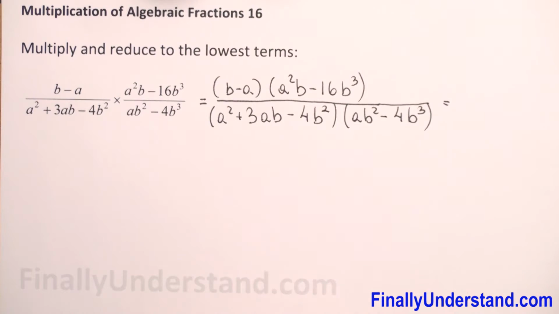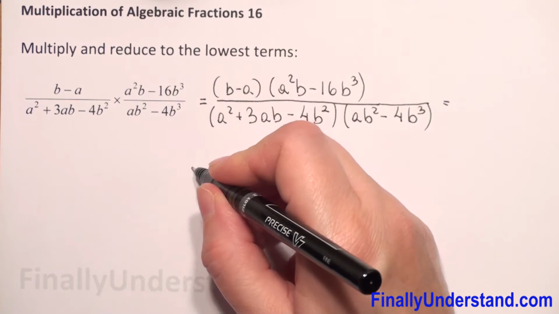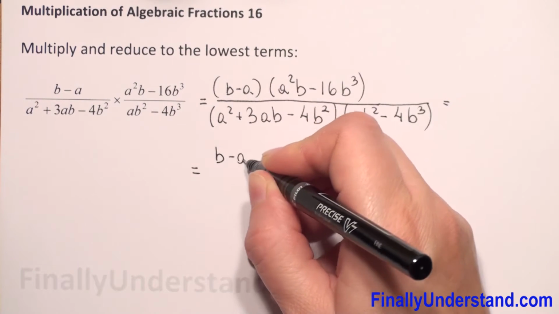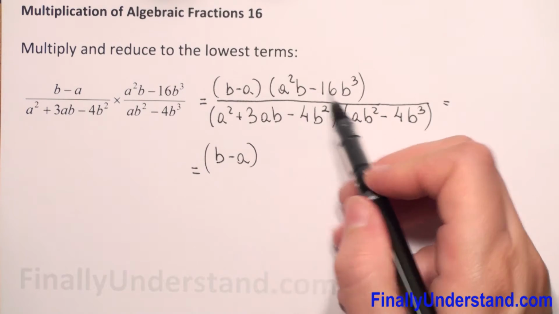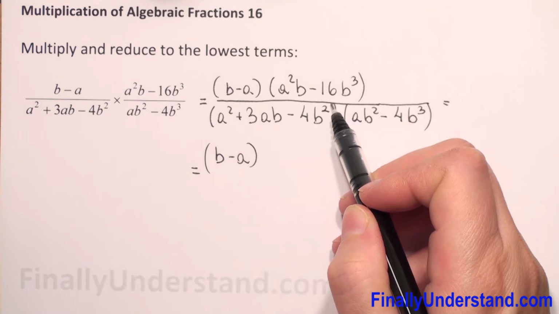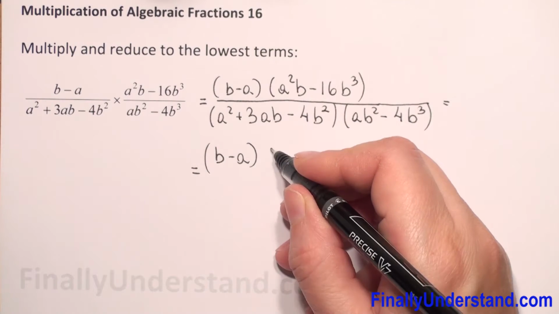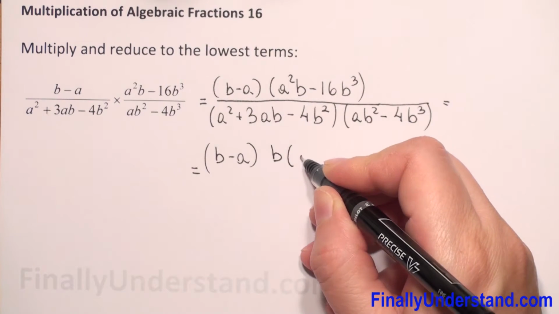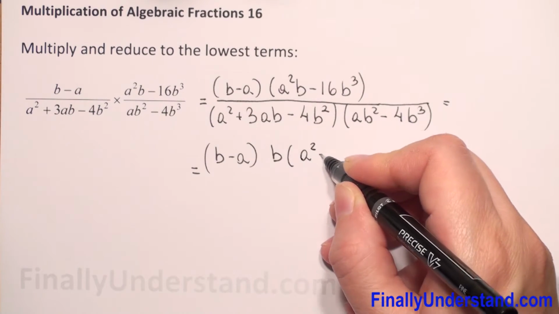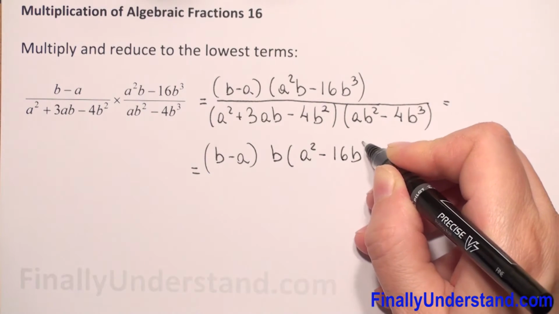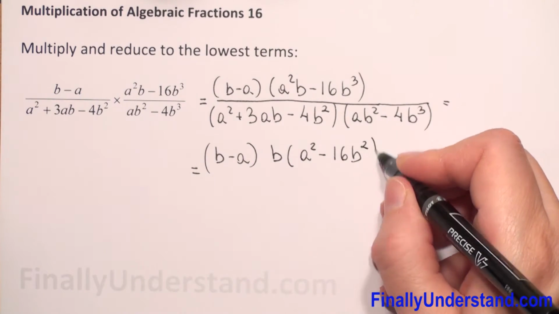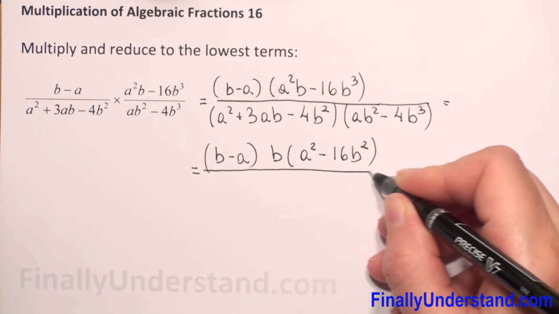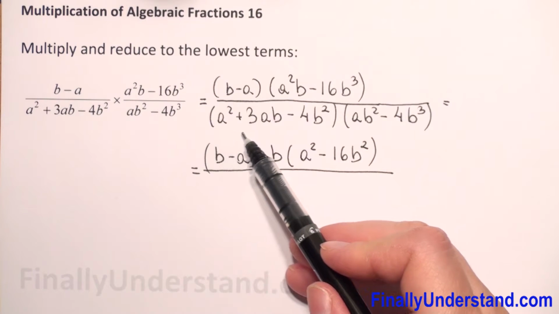So first expression I will rewrite. This is b minus a, and from this parenthesis we can factorize b. So in parentheses will be a squared minus 16b squared, and in the denominator we will have in the first parenthesis,